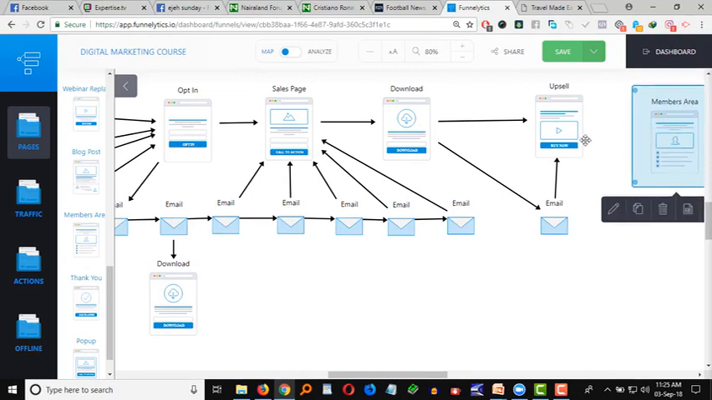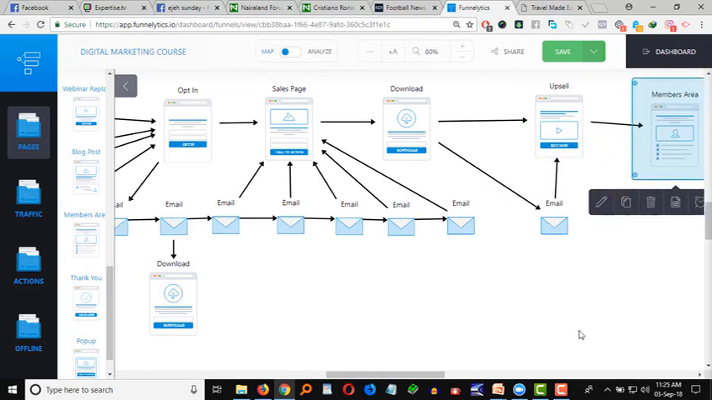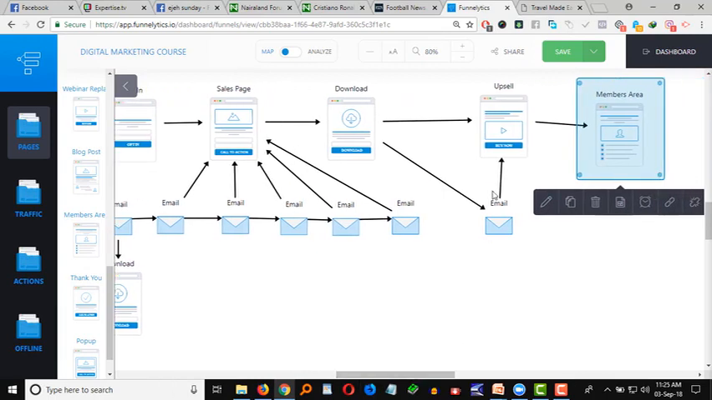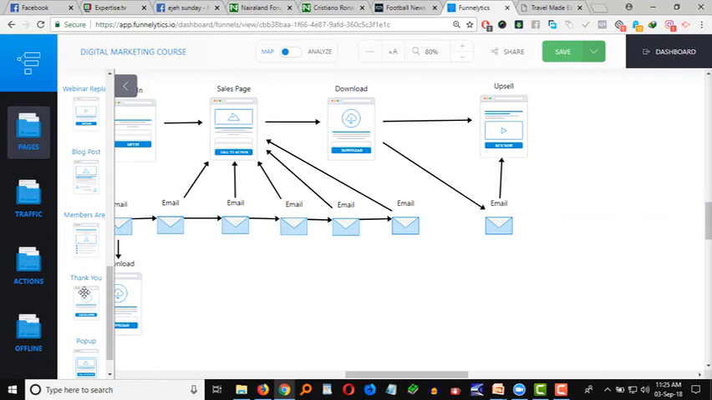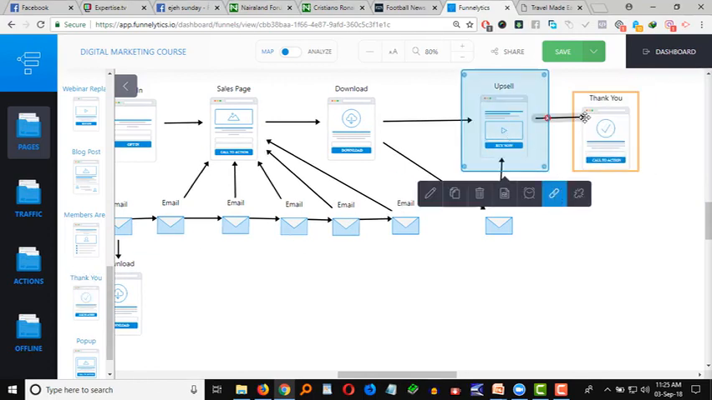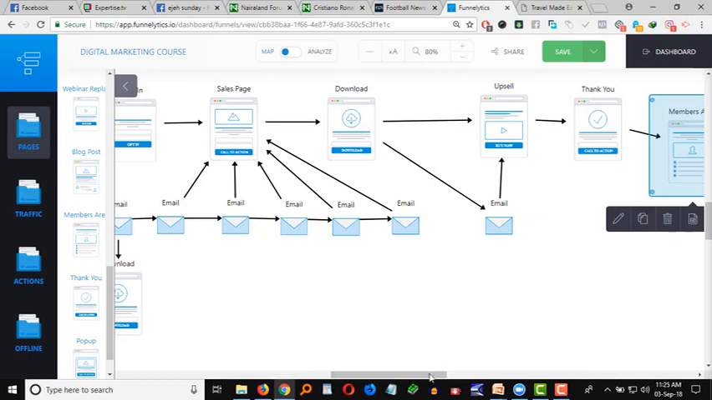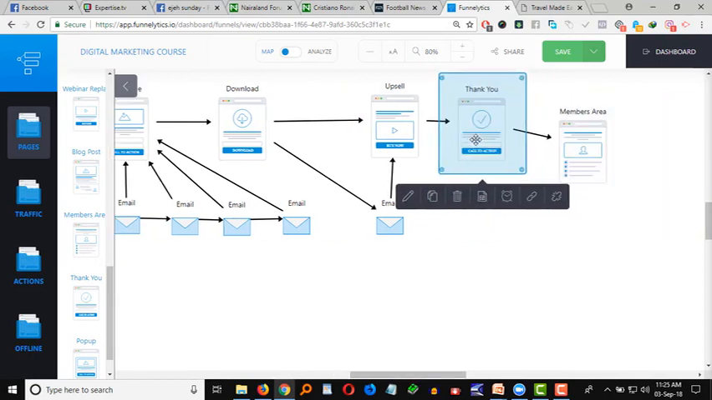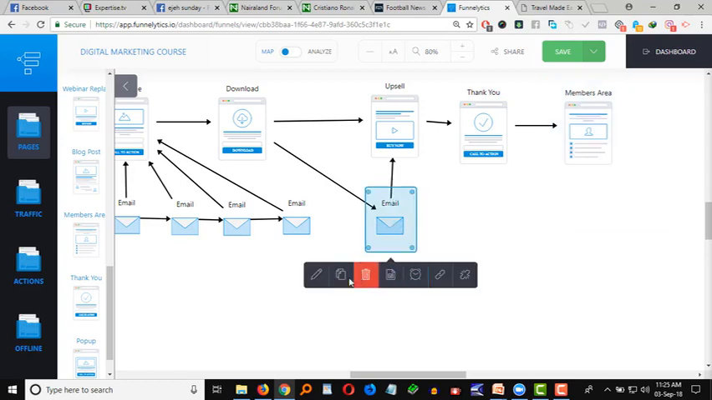So after this upsell, that is if they purchase, okay, let me remove this first. Let me put a thank you page. I link them to this thank you page. Then from this thank you page, it takes them to a page that's only available for members, people that purchased. So here I can also have